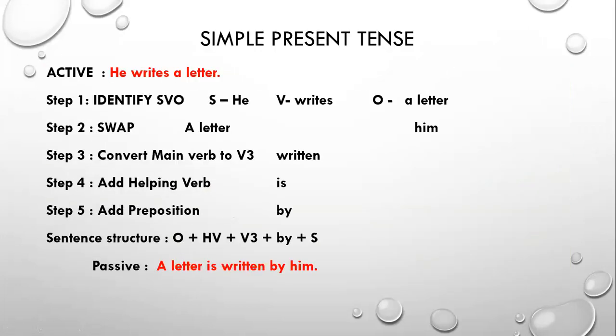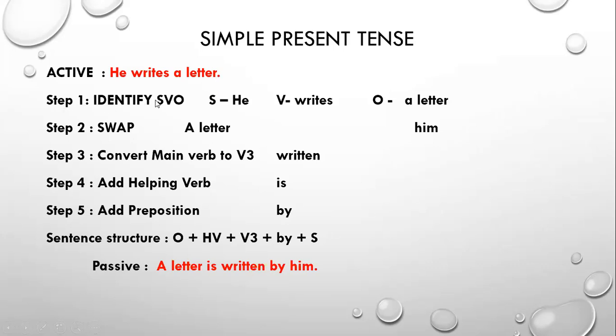Now, we will take the examples one by one. First of all, I'm just going to tell you about simple present tense. In simple present tense, I have taken the example, he writes a letter. This is simple present tense where the first form of verb is used along with s because I'm talking about third person singular. While doing tenses, I told you all the rules and you know it very well. If it is third person singular, we use s or es with the verb. So our sentence is he writes a letter.